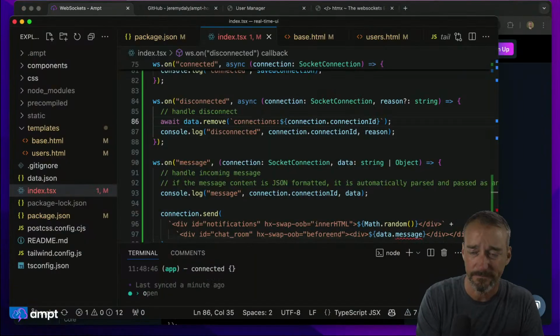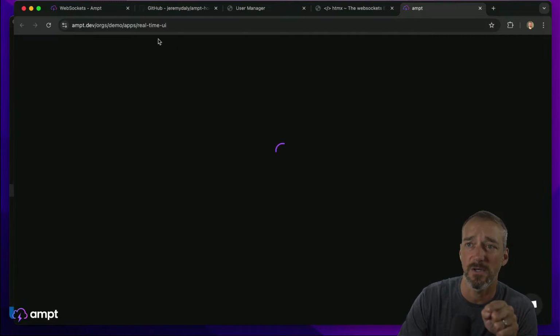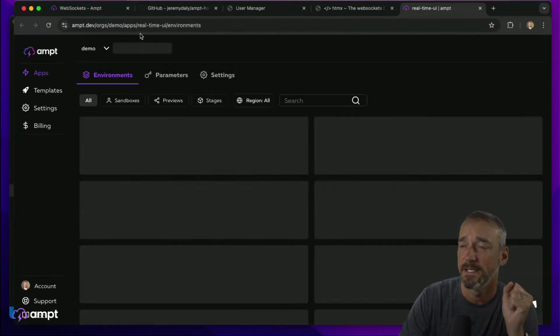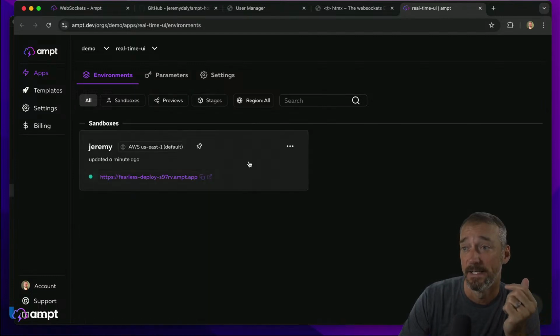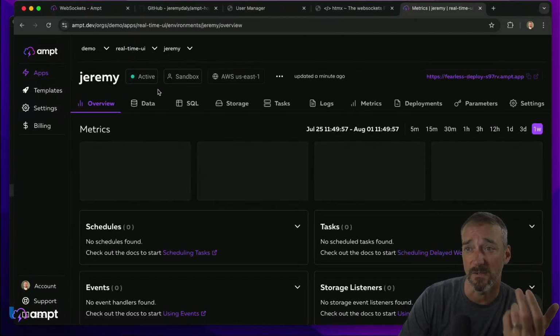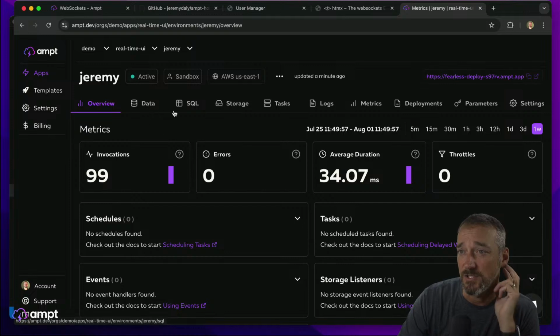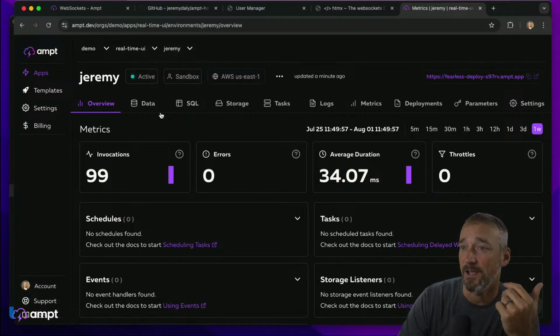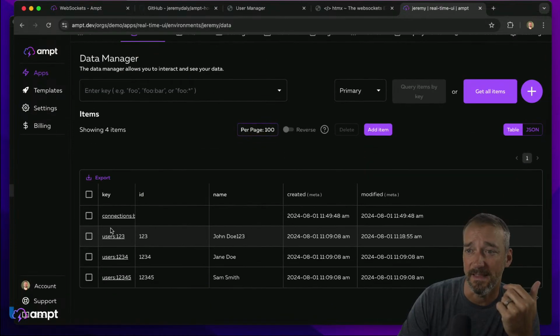I'm going to click open here, and what open will do is this will just open up the Ampt dashboard for me to my particular app that I'm working with. And so right now I'm using real-time UI. I am using my Jeremy environment, which is a sandbox. And if I go into data here and I do get all items,